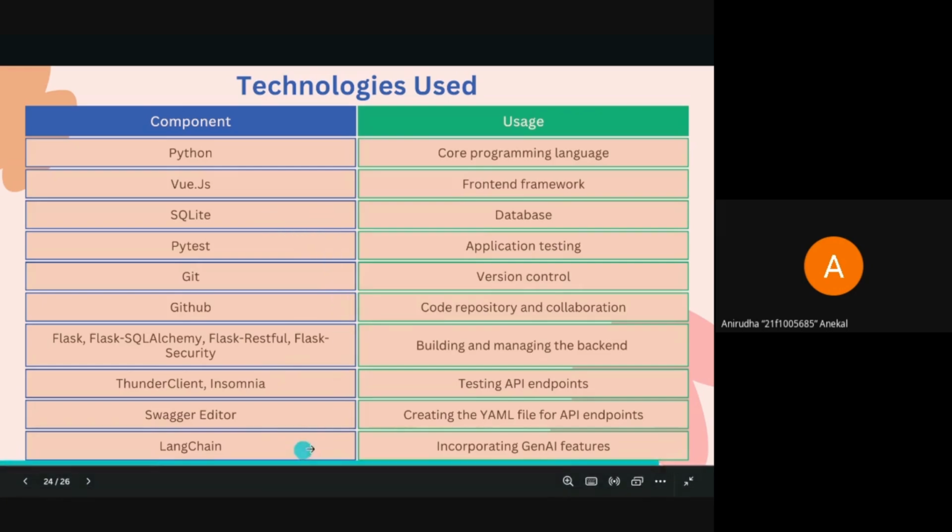So all the Gen AI features are through LangChain. All of these come under the Python component. Vue.js has been our main front-end framework. Vue.js has a huge number of modules. Obviously, we can't list all of them because that's just the nature of Vue.js, but that's how the front end